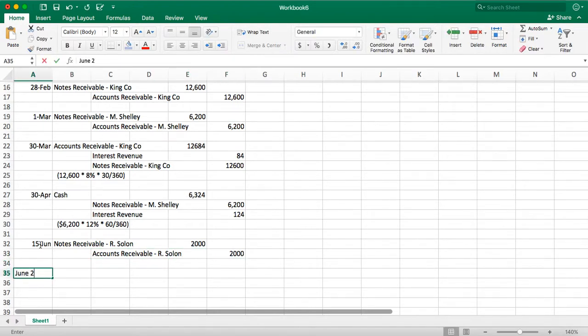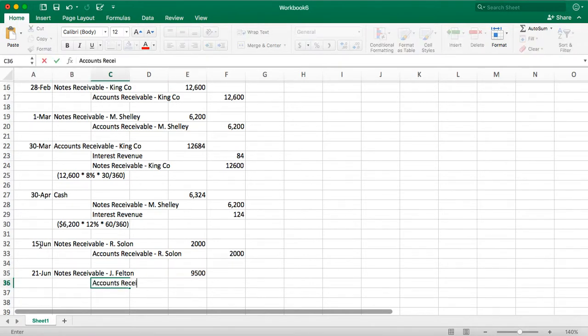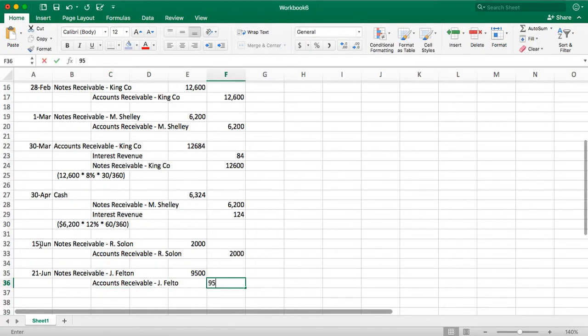And then on June 21st, something very similar. We accepted a $9,500 note from J. Felton. We take that out of accounts receivable. It's been converted to a notes receivable, $9,500. And then on August 26th, the note came due, so we received payment from Solon for the note of